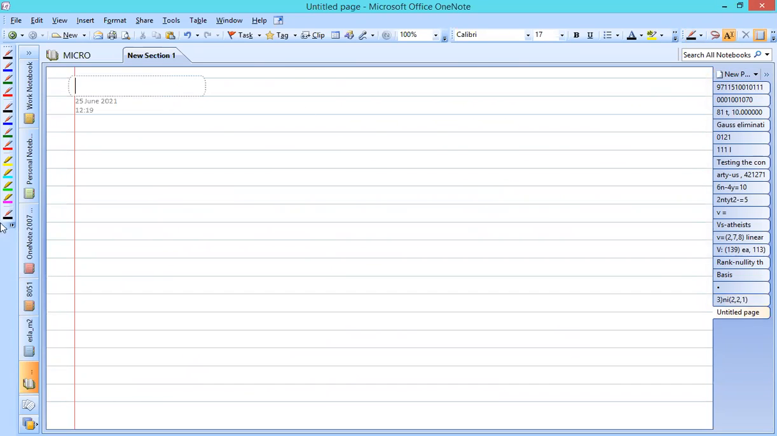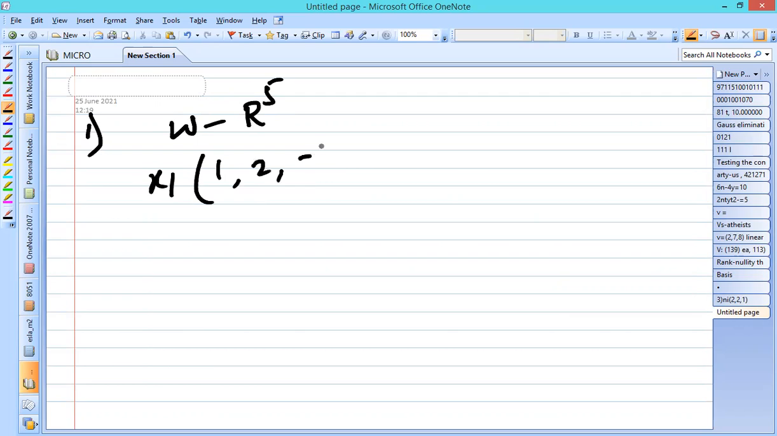So next, yes, problems on dimensions. Consider the next problem. Let W be the subspace of R5 spanned by x1 = (1, 2, -1, 3, 4), x2 = (2, 4, -2, 6, 8),